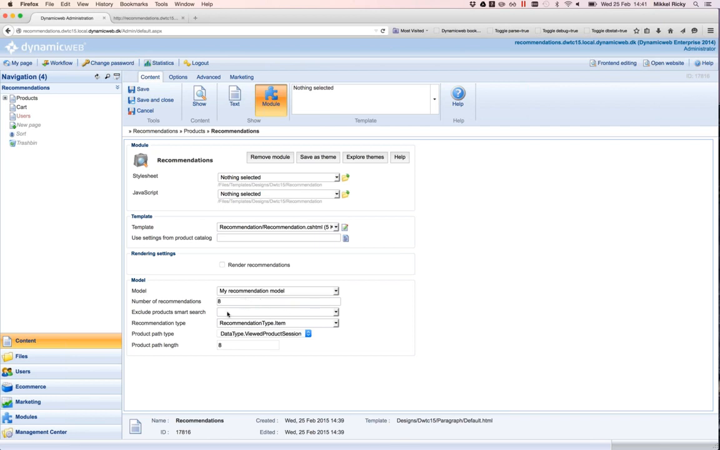Down here we have the possibility to exclude products from recommendation using a smart search. So if there are certain products that you will never recommend, then you can add those to a smart search and exclude those. I'll just save that. Then I would like to show you how this looks right now, and we're not completely done yet, but now we should be able to see that we actually get some recommendations back from our model. So I open this page,